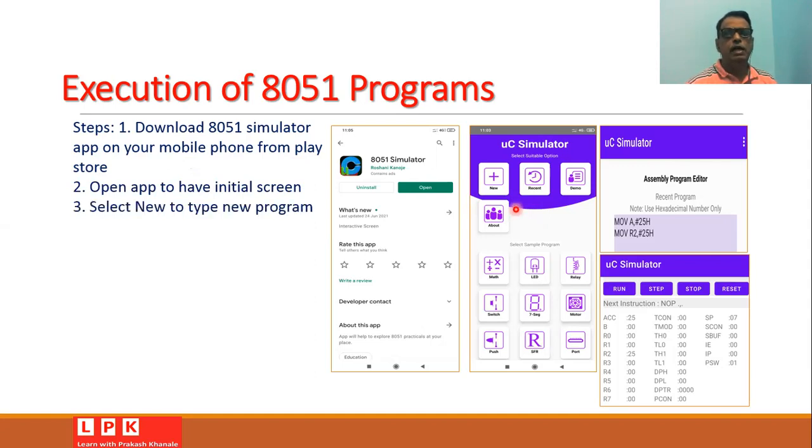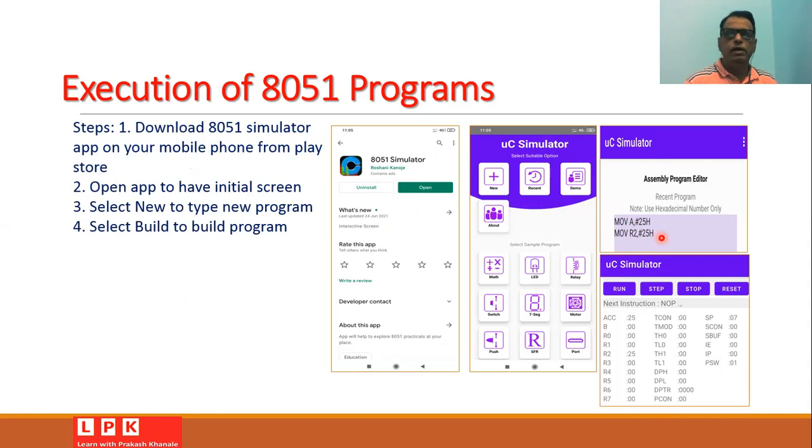Then you can select a new program by clicking on this button, and the editor window will appear where you can type the program. Say, for example, we have written only two lines: MOV A, #25H and MOV R2, #25H.